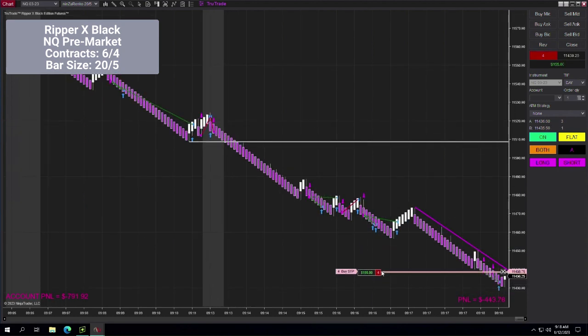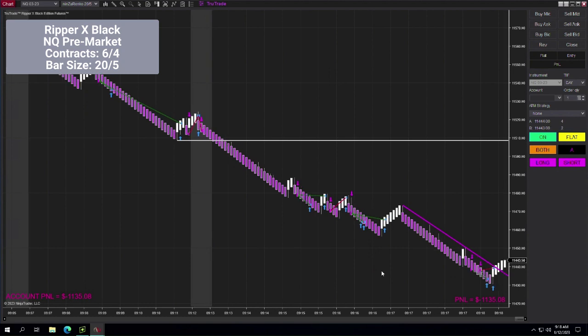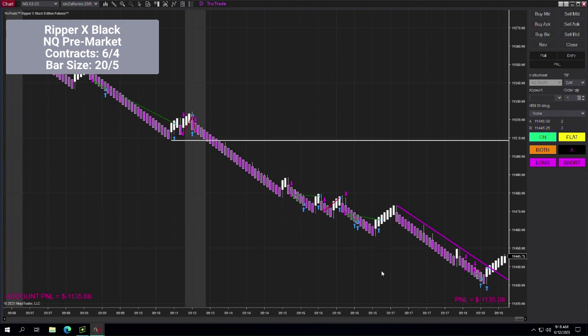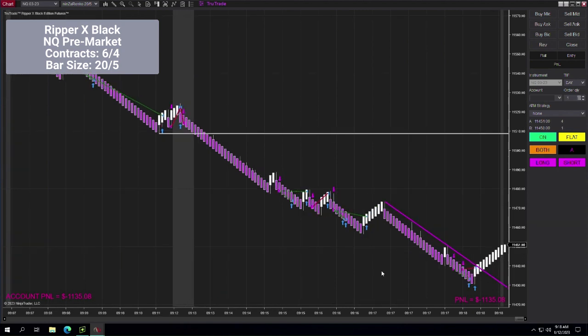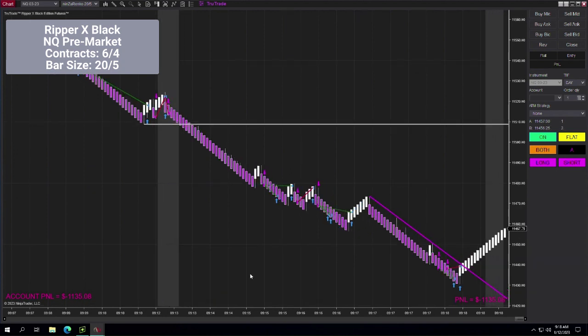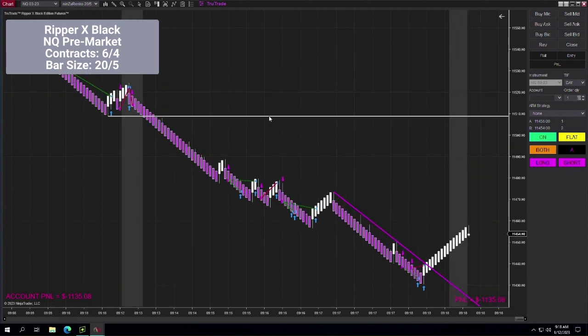Order canceled. Order filled. Alright, background is gray. Again, we have some flat line on the white line here, so it doesn't signify an uptrend yet. Futures are still rising, so